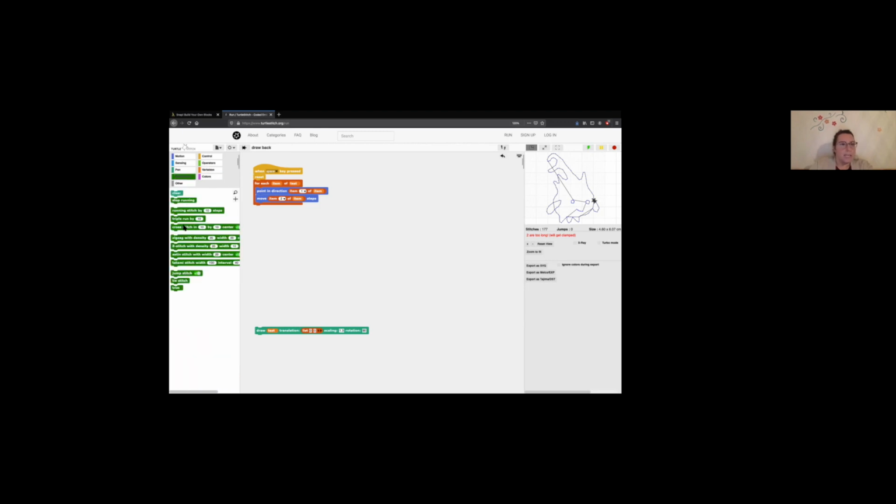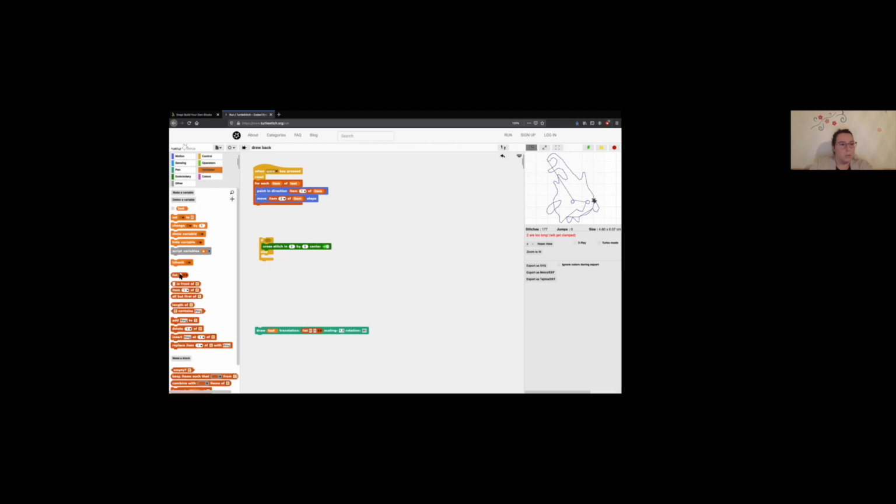Let me include the if first. So if the third item is true, so the pen is supposed to be down, we want to select an embroidery pattern. Let's do cross stitch 5 by 5, and as I mentioned, we want to do that whenever item 3 of our item is true.